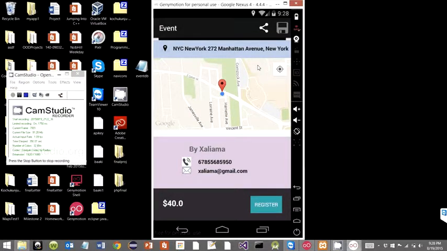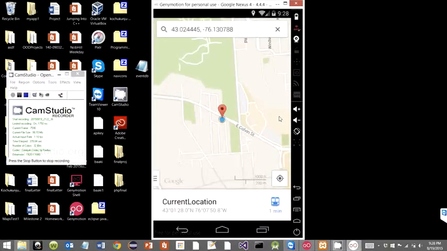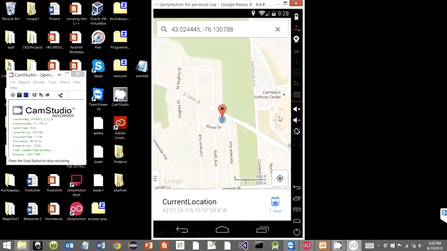When this Google Maps opens up, it is through the GPS services, it is logged in, and it is zoomed in to the current location of the user. East Colvin Street is the current location from where I am accessing now. On click of the map, we trigger an intent, gathering the two locations, the starting point and the ending point, and we tell him how far and how to navigate from where to where.